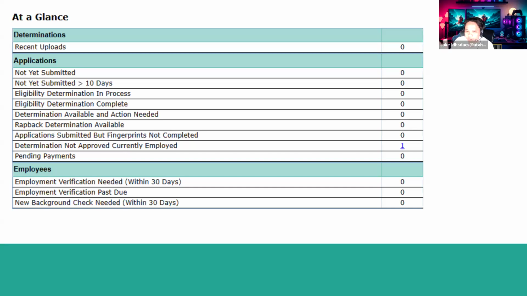Those queues have always been there, and I really encourage that you guys click on the queues to check and see if there's anything that needs attention. Essentially, if there's a one in there instead of a zero, you can click that number and it will take you to that specific application, showing what is needed from you or what its current status is. So just make sure that you click everything off from your queue to check where they're at. And if you have questions, you can always send us an email. We'll go ahead and take a look at that with you.